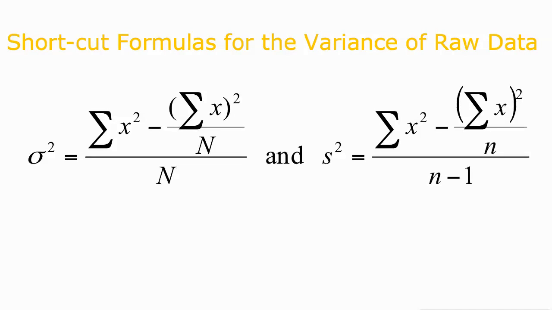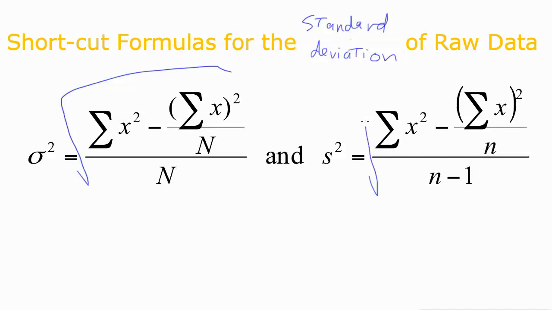Okay, so these are the formulas for the variance for raw data. If you want the formulas for the standard deviation, all you have to do is apply the square root. So let's cancel this variance from here and just write standard deviation. Okay, so all you have to do, as I told you, is apply the square root to the whole quantity